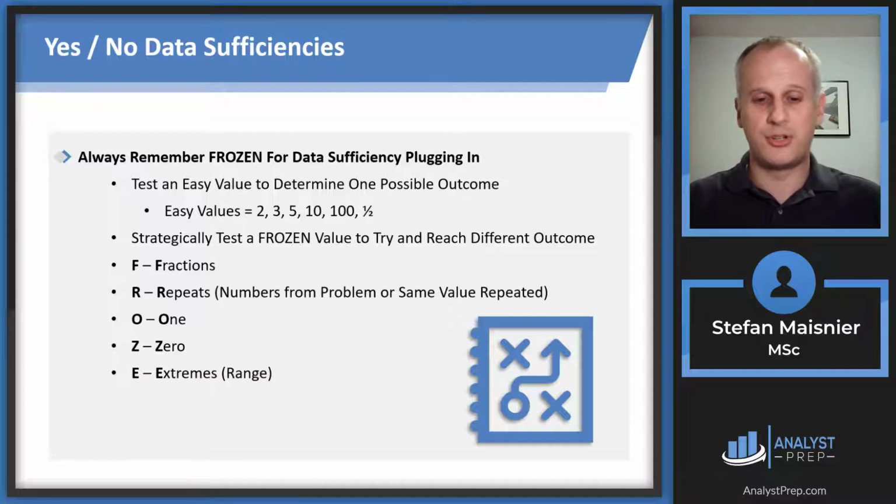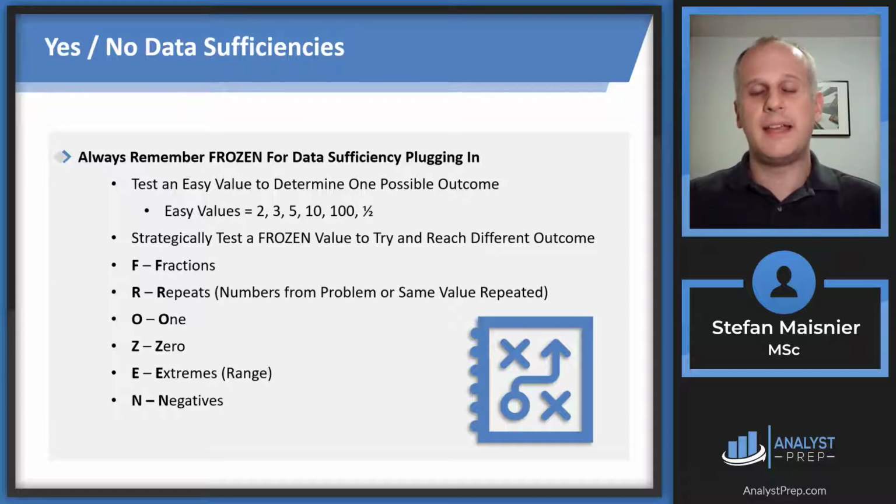terms of range. So theoretically, if we were presented with a data sufficiency involving 2-digit positive integers, we would want to test both 10 and 99, because whatever happens to 10 and 99 with our outcomes, all of the other pieces in between would have to be in between those two outcomes. So it's just a good way to test exactly what the ranges or the extreme edges of your possible outcomes are. And lastly is going to be N, which stands for negatives, because of course those have unique characteristics as